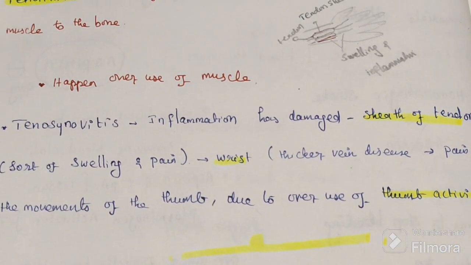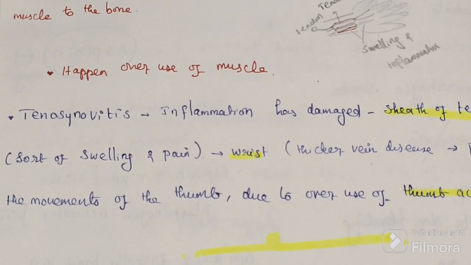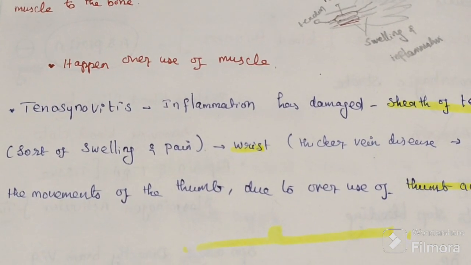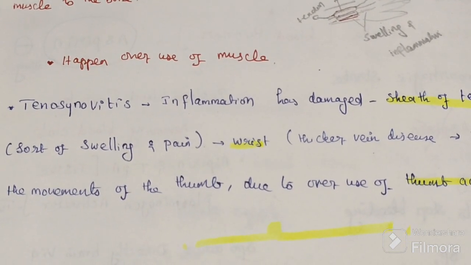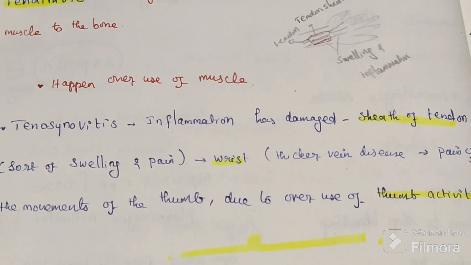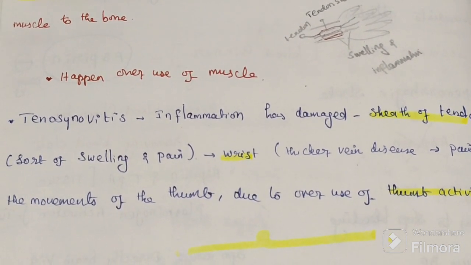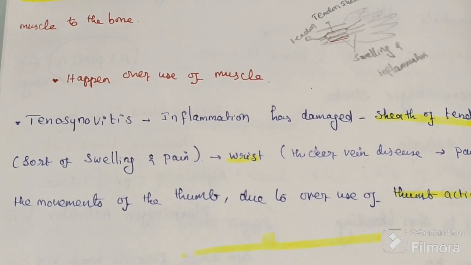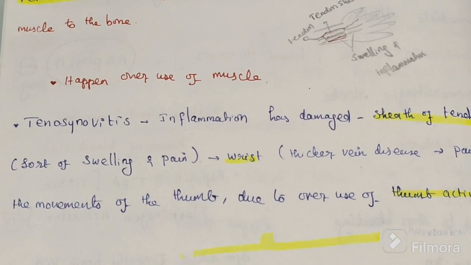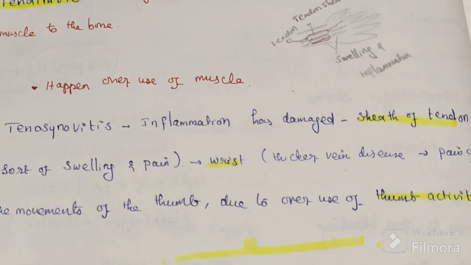tenosynovitis. Sometimes we have tenosynovitis, meaning the tendon has inflammation and damage, but more importantly the damage is happening in the cover or sheath of the tendon. Usually they are together, with swelling and pain on the tendon also. The cover of the tendon is called the synovium. So tenosynovitis is inflammation of the tendon and the cover of the tendon, which happens more commonly in some areas, such as the wrist,